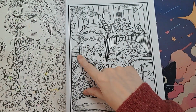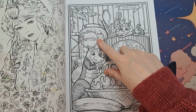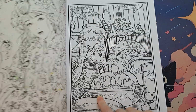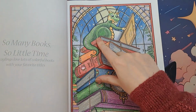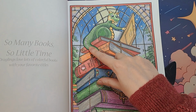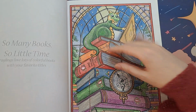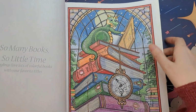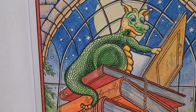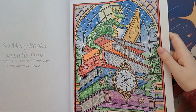Like you see, there are gray parts. Over here it's all gray. So if you color over that the same as this, it will look muddy. And that's exactly what happened with the dragon, because I used really bright greens, almost yellow green, and they look just muted green, as if I barely colored it. There's a lot of colored pencil on it. You can see how much I colored, but it looks pretty flat